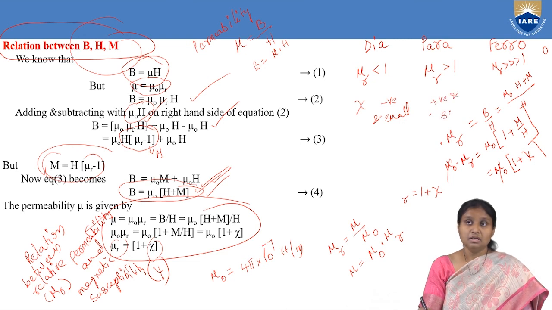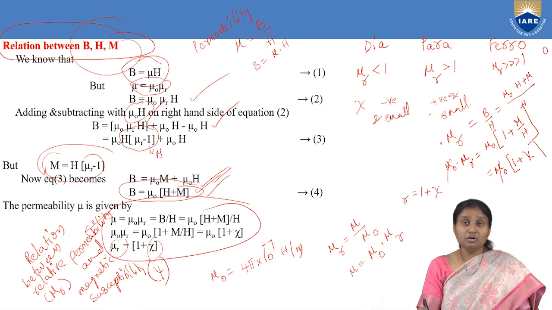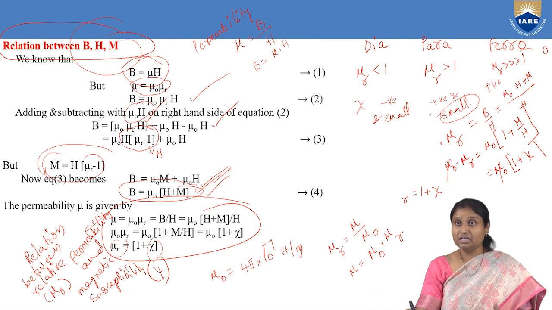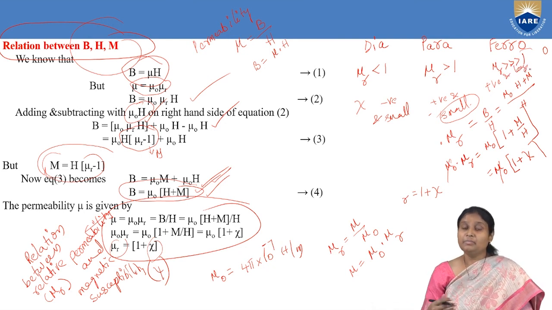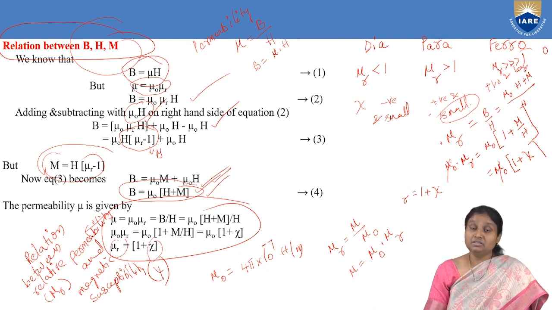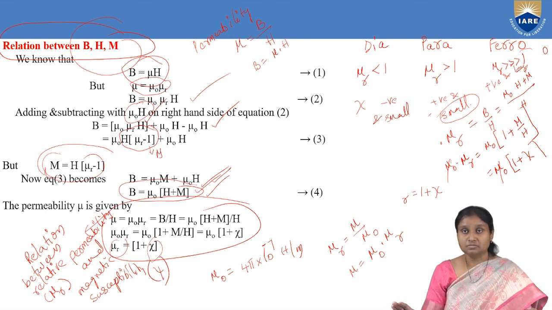When we talk about paramagnetic materials, their susceptibility will be positive, as well as small. Why is it positive? Because the direction of magnetization is the same as the applied field, but because very few magnetic lines of force are passing through it, the susceptibility value is small. Whereas coming to ferromagnetic material, here also it is positive, because the direction of magnetization is the same as the direction of the magnetizing field. And because they have high penetration of magnetic lines of force, they have very high magnetization values. That's why their susceptibility will be very large. So we compare different magnetic materials in terms of parameters like relative permeability and susceptibility.